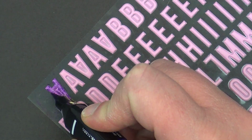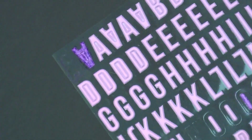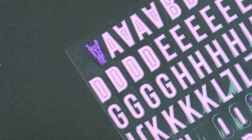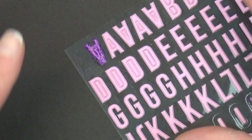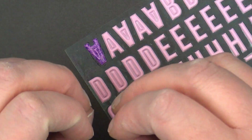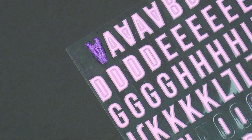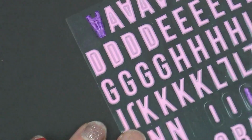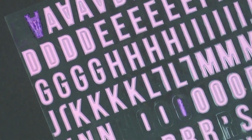You can keep adding, keep going on. The more you let it dry, the more it's not going to blend and move around on you, guys, the more that the bottom layer won't shift out of your way to make room for the top layer. And that's basically what you're doing, is you're moving what was already there out of your way to put something right there. I don't know how it works. I think it's super cool, but yeah, I'm in love with this technique,